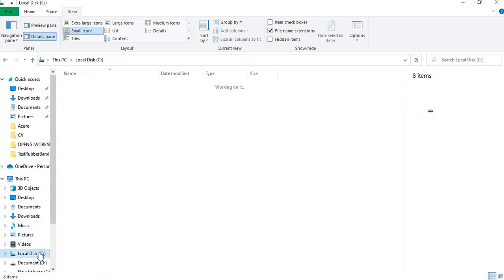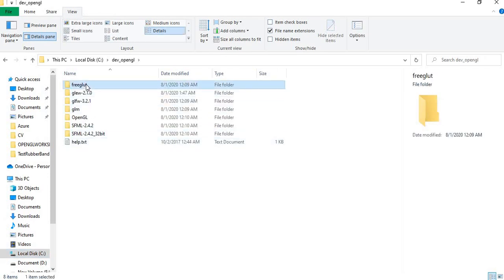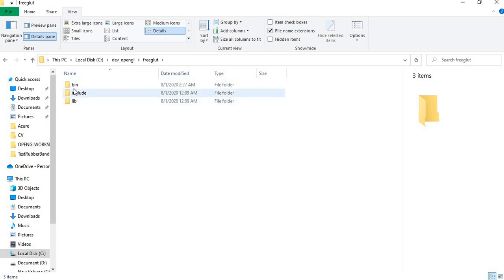I'll show you what is in my system. In dev OpenGL, you will get bin, include and lib.